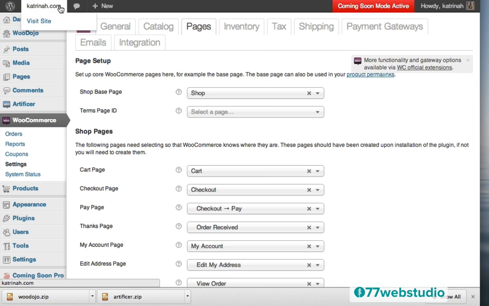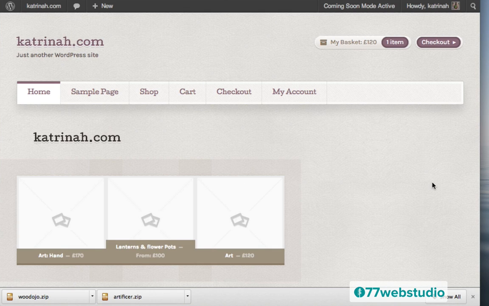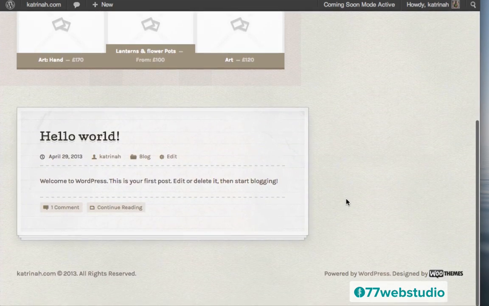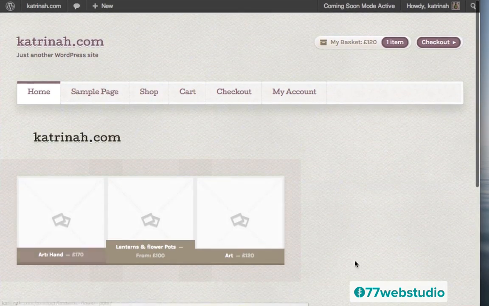I'm going to go to the top left-hand corner underneath the website name, and where it says Visit Site, I'm going to click on Visit Site. Okay, so here we see the bare bones version of our website. So this is the Artificer responsive e-commerce website, and we just have a basic framework right here, but we see there's quite a bit of work to do.